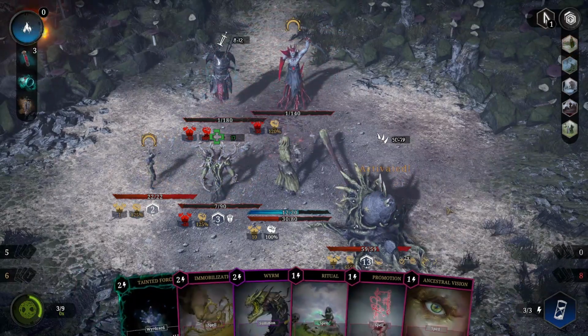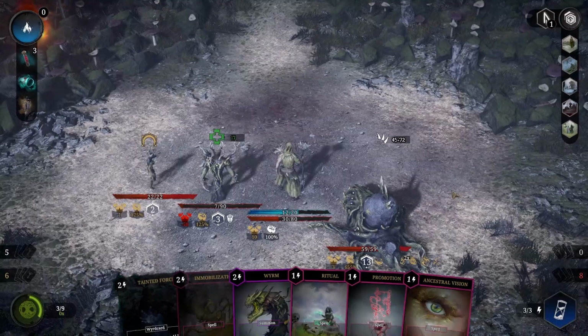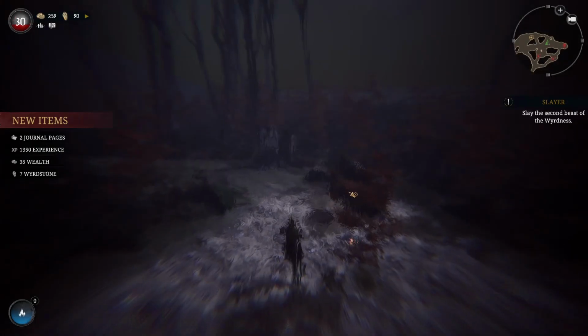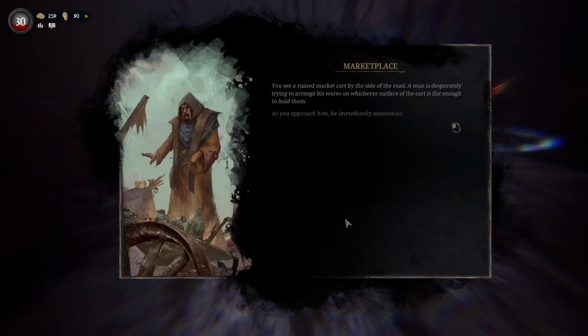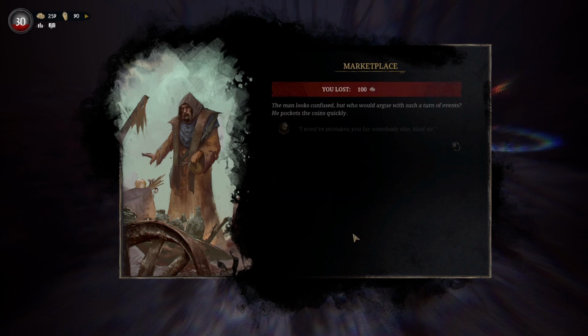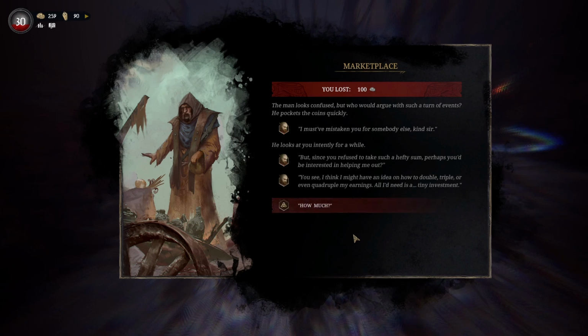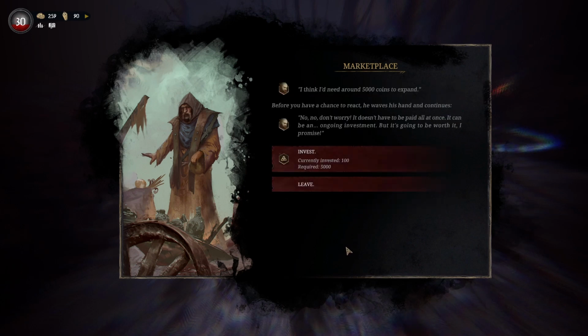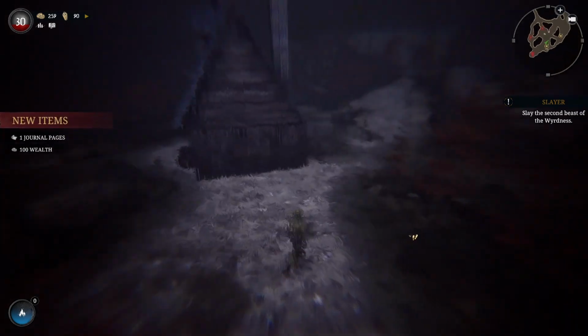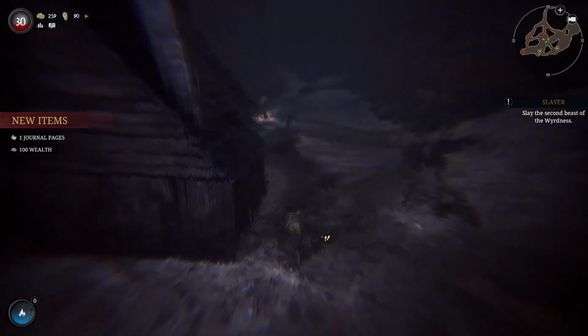And just another activation, and that's it. Great. You see, Marketplace. But you see, I think before... Yeah, here you can invest a lot of wealth over all of your runs, and yeah, in my other game